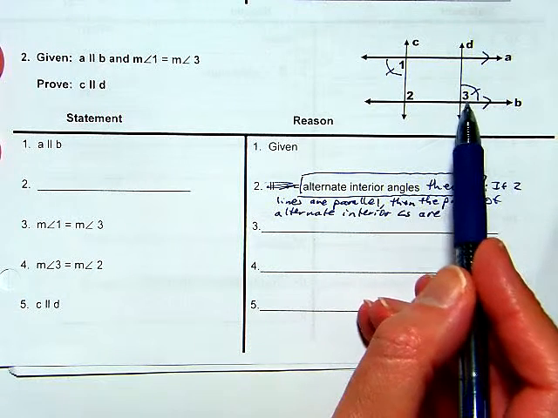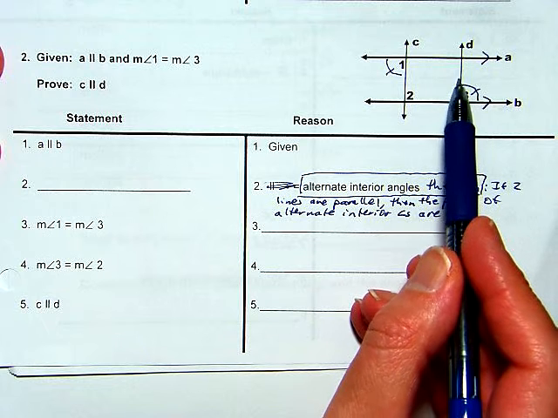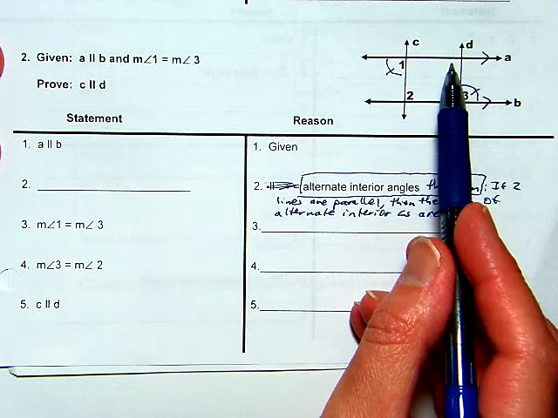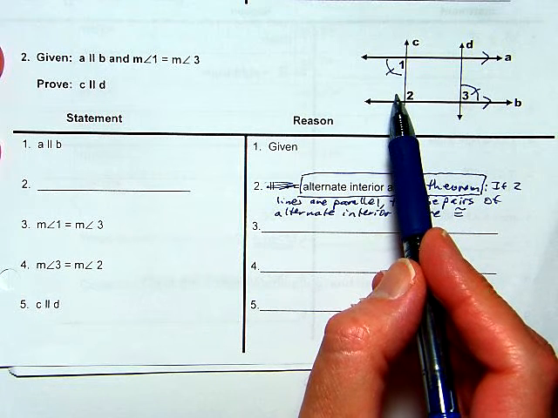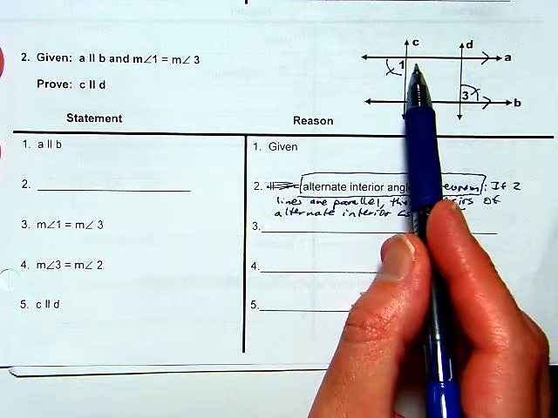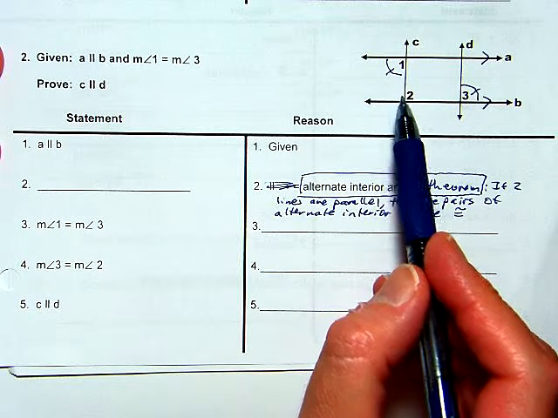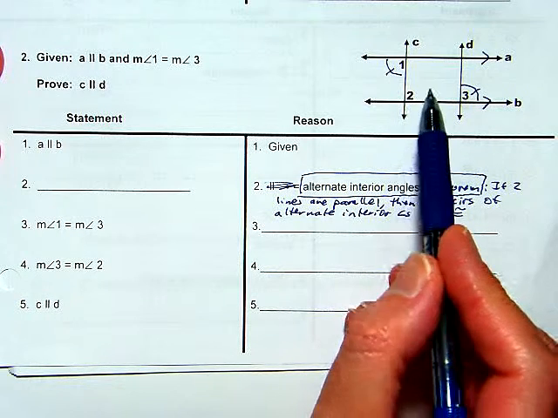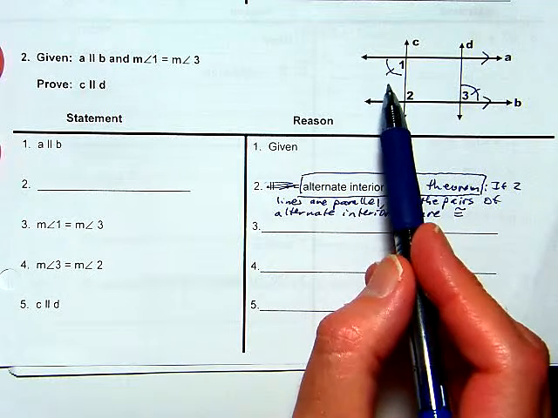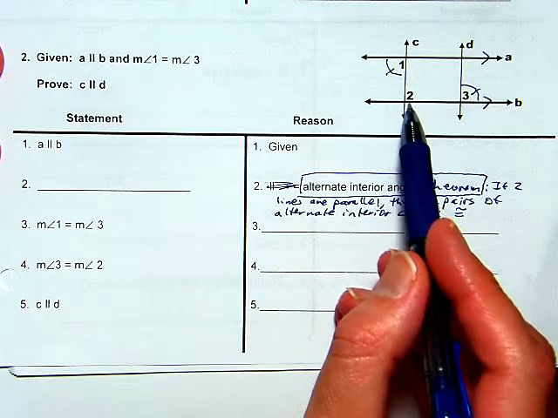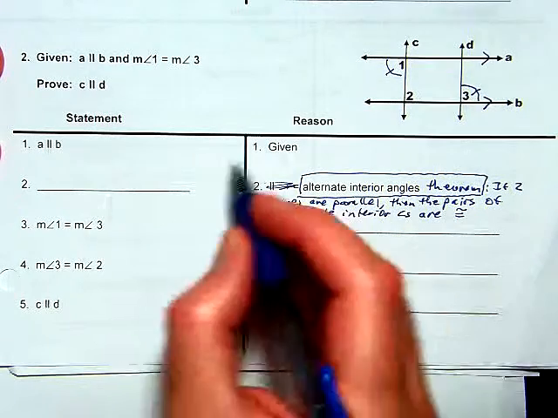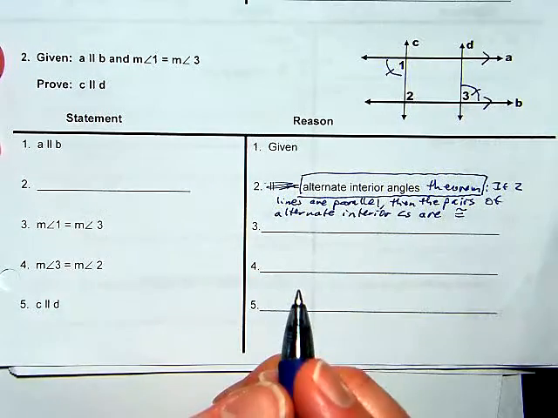The diagram did not label the alternate interior angle for angle 3, which might be up here, and the other pairs of alternate interior angles, such as this one to the left of 2 and this one to the right of 1, are not labeled either. So we're kind of guided by whoever made up this proof. They labeled only one set of alternate interior angles for us, and that's angle 1 and angle 2. So we could be pretty sure that